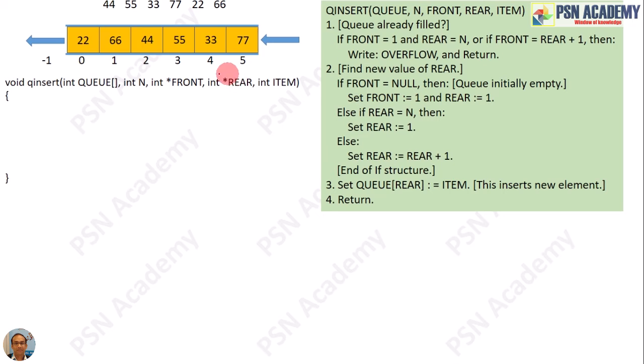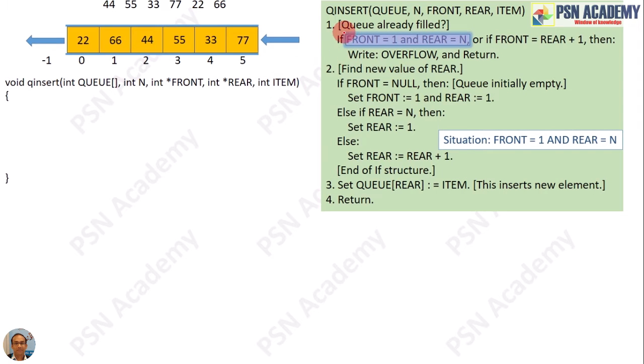A similar case goes with this pointer variable, that is rear. Originally the rear will be there inside main, so we will control the rear's value from here with the help of this pointer variable. And the fifth parameter will be item. It's an int variable. The data from the item inside the main function will be copied to this item variable.